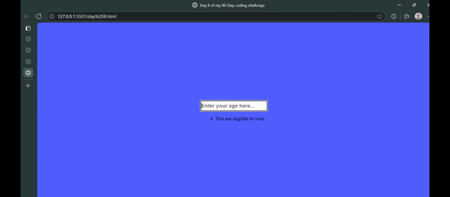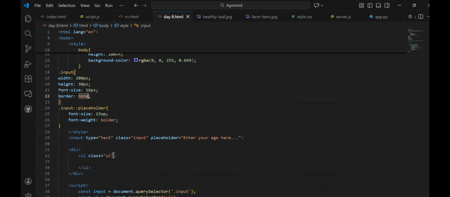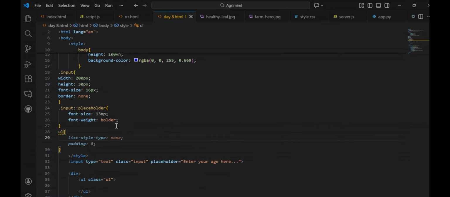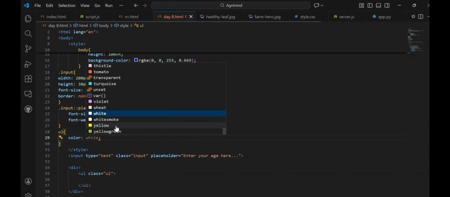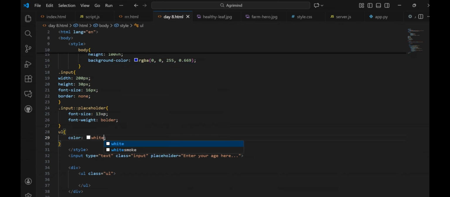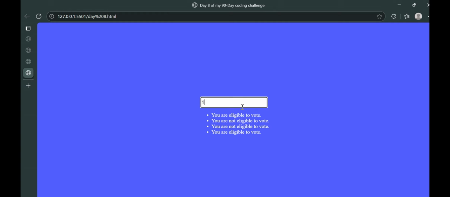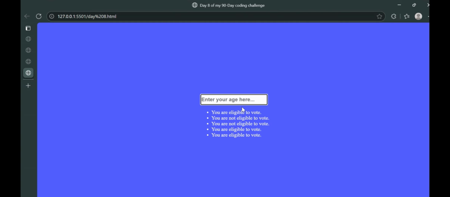So under our styling, let's style this ul right here. The ul should have something like color white. So here it says you are eligible to vote. 17 says you are not eligible to vote. So 17 and below will say you are not eligible to vote, while anything above will give us you are eligible to vote. So this is just how to build a simple web app